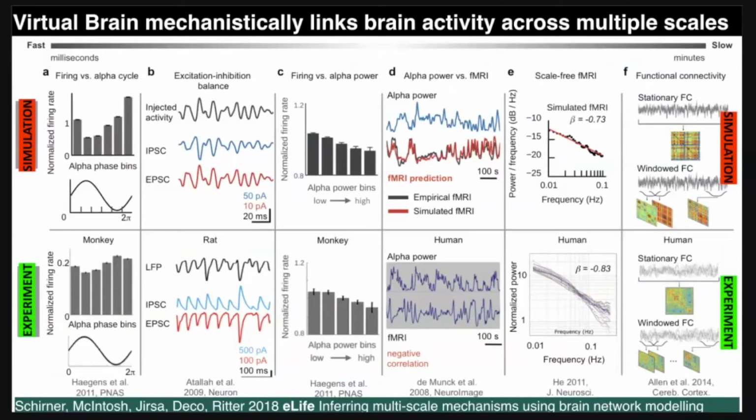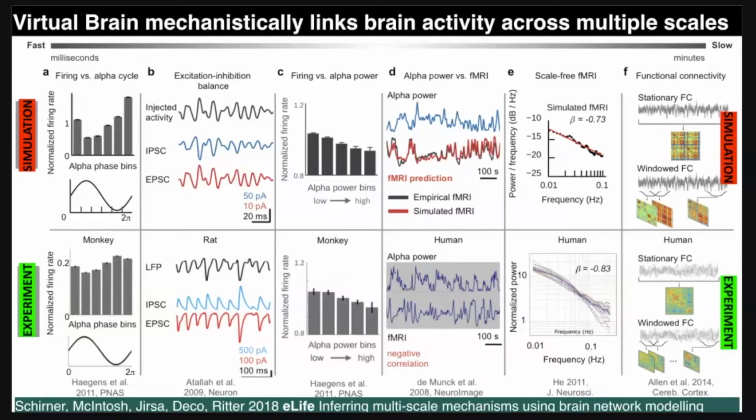So here you see now in the upper panel features of the simulated data of a single model with a single fixed parameter set. And in the bottom panel, you see well-established features that have been published from empirical studies across different species and also across different timescales. On the left side, we have the faster timescale, on the right, the slower. And it's really exciting to see how a single brain network model with a single fixed parameter set can capture at the same time many different observations.